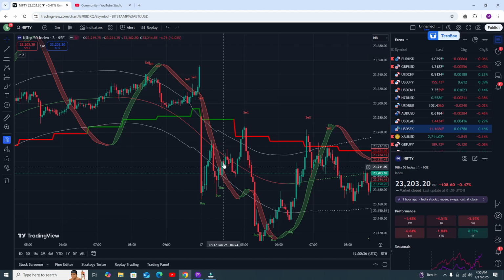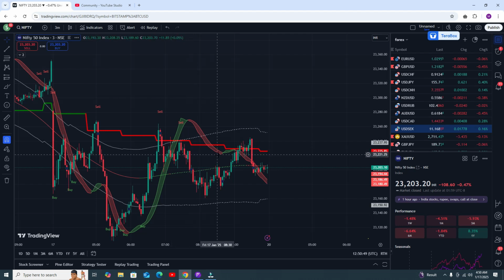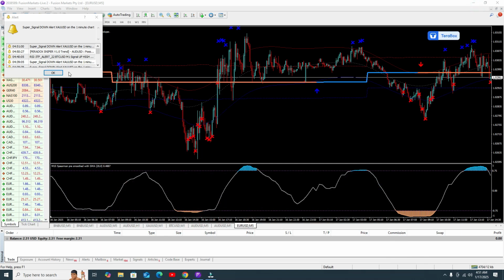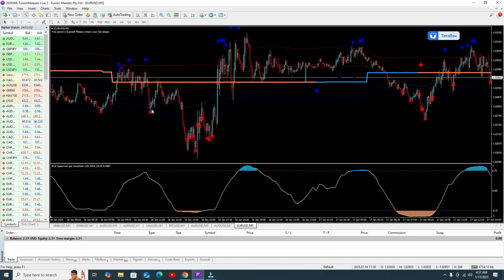This is our entry point, because the line was green, so this is our entry point. And now you can close your trade here. Now this is not the sell trade, this one is the sell trade hour. And now you can see you are showing some good profit. Now you can see my indicators work on all time frames and on all pairs. Now we need to discuss this one.